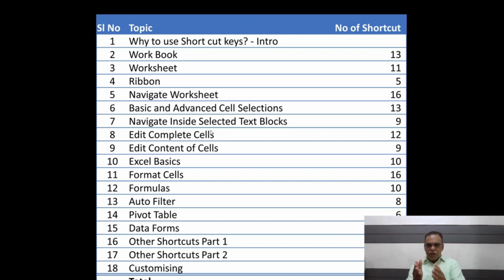Similarly, we are going to see the shortcut keys for each and every topic. At last, we are going to see how to customize the shortcut keys, how to create our own shortcut keys also. And totally, as I promised, 168 shortcut keys we are going to learn. We are even going to learn some new shortcut keys here. Correct? So, see you in the next video, how to use the shortcut keys in